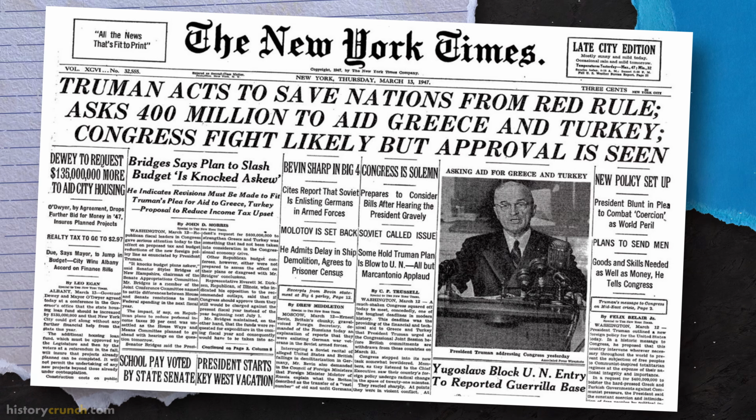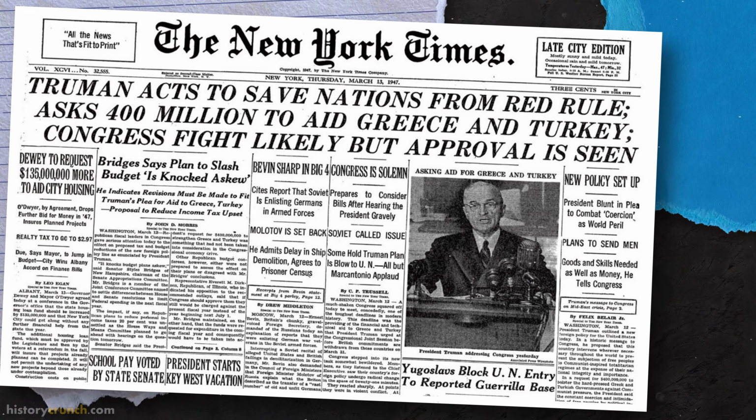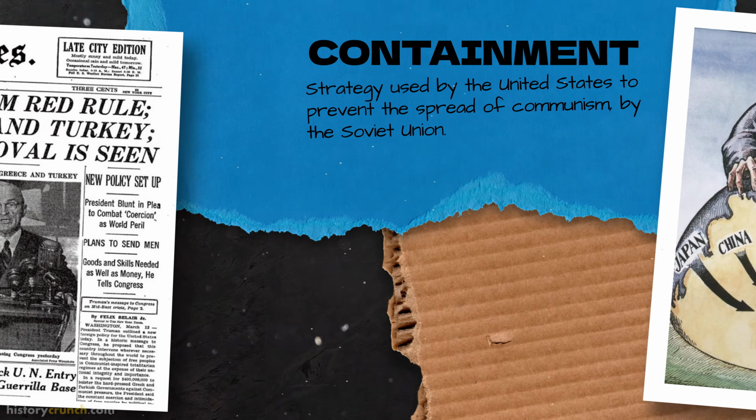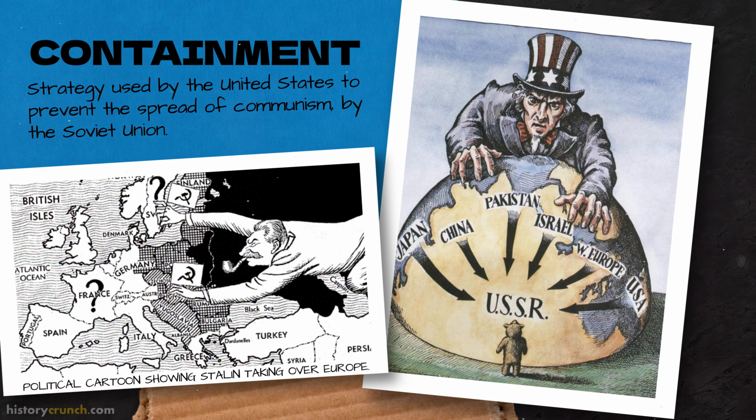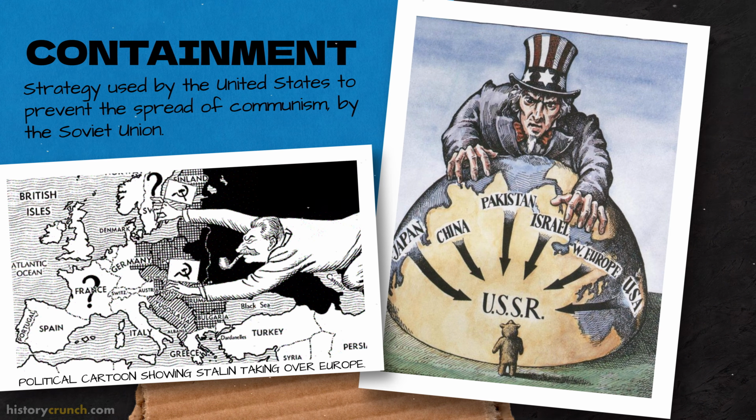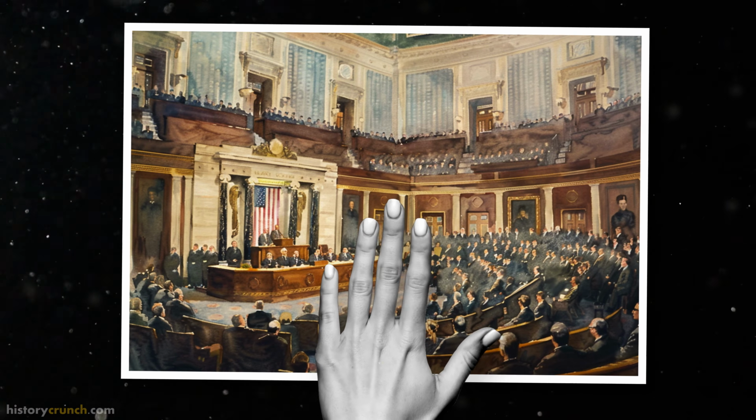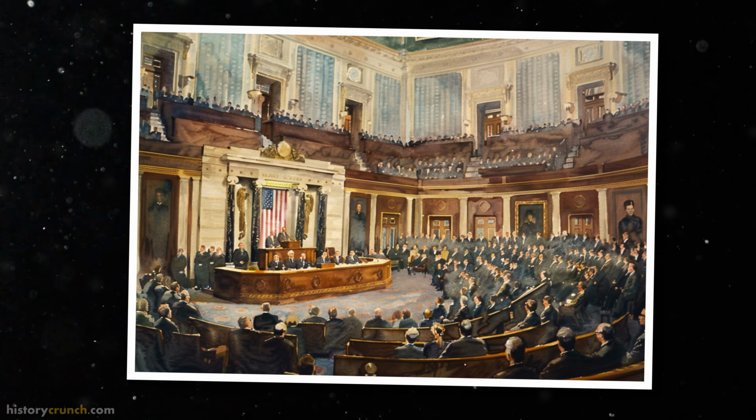In general, historians refer to this as containment, because the Truman Doctrine involved the United States trying to contain Soviet expansionism wherever it emerged. In fact, on March 12, 1947, President Truman addressed a joint session of Congress, outlining what would become known as the Truman Doctrine. In his speech, Truman made it clear that the United States would provide assistance to all democratic nations under threat from external or internal authoritarian forces.